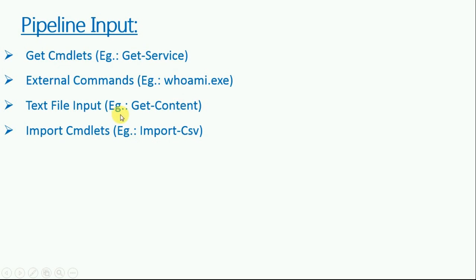And at last, we can also use Import cmdlets. If we have imported a CSV and got some output, that imported output can also be used as input in the pipeline. So these are some of the cmdlets which can be used as input in the pipeline.